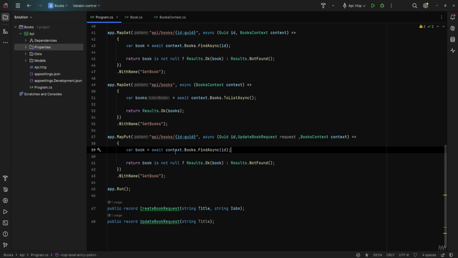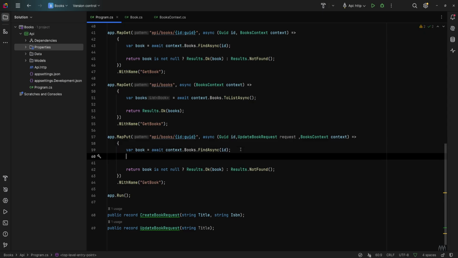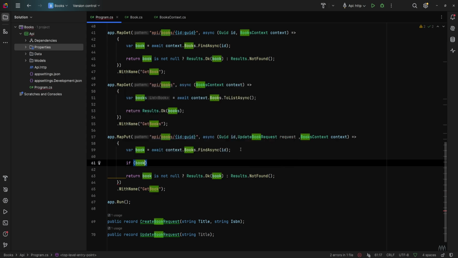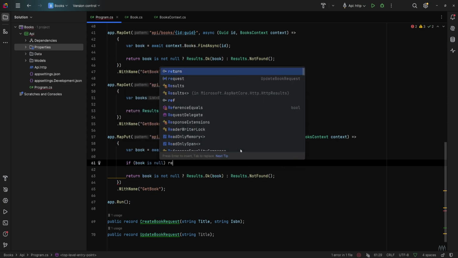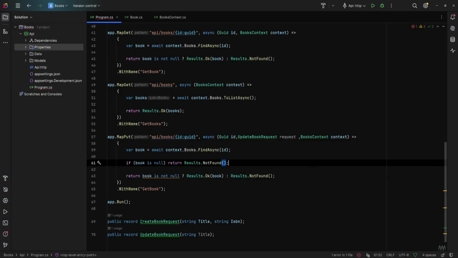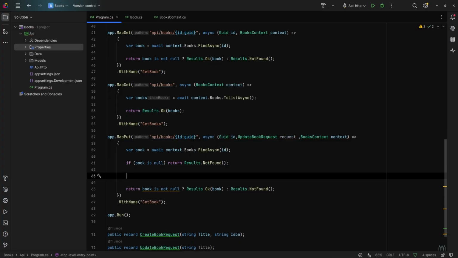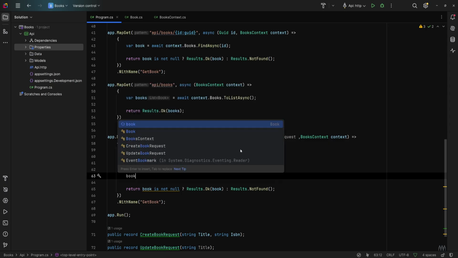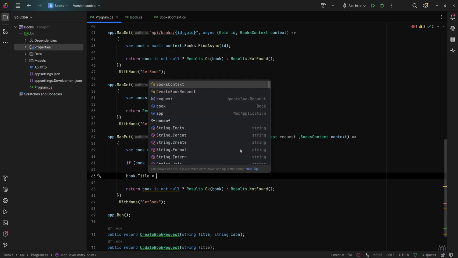And then all we have to do is find our book, and if it is null, then we won't update it because nothing has been found. So we'll do something like if book is null, return results.notfound. And if it is not null, then we'll update the title. So we'll say book.title is the